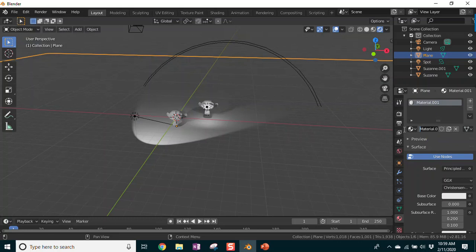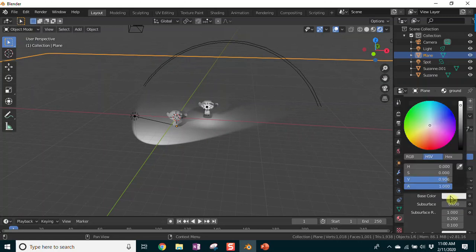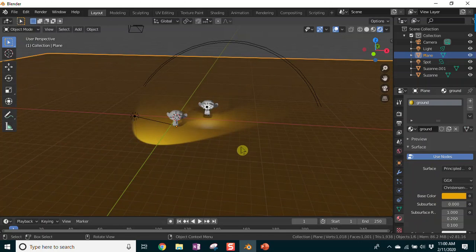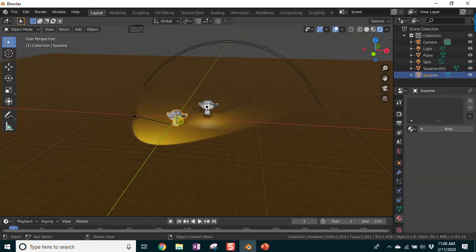I keep thinking I have to double click, but I don't. I'm going to go to ground, and I'm going to pick a color for it. Let me just, what color do I want to do? Maybe something like that. Okay. So there's the ground color, and let me go ahead then and grab my first Suzanne, and I'm going to add